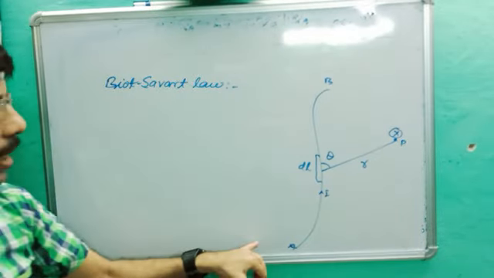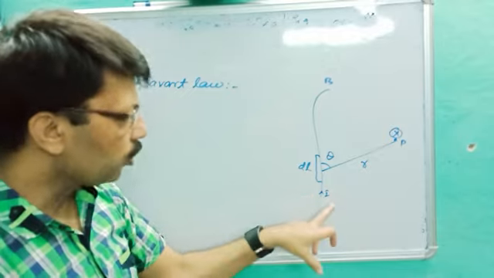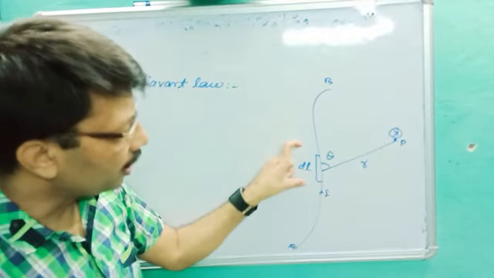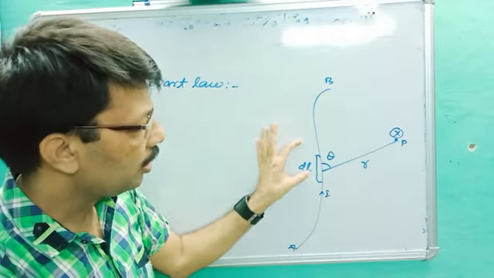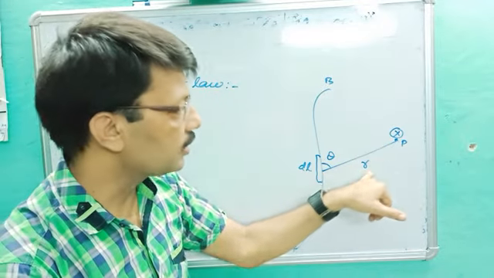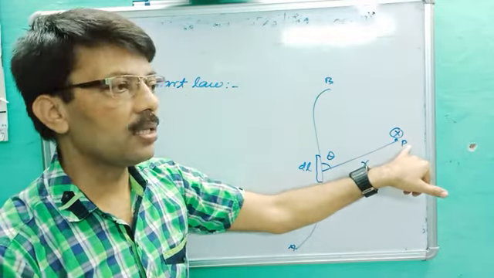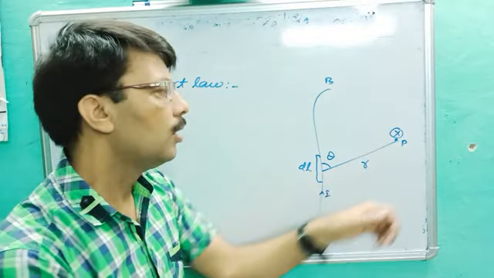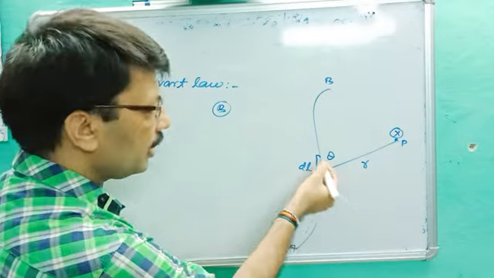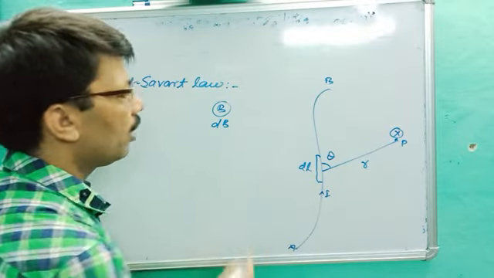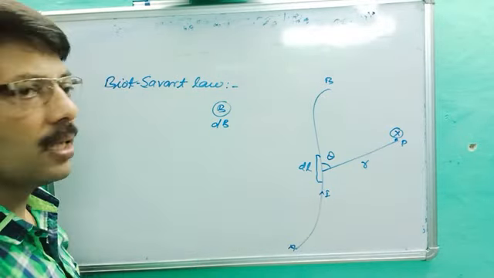Are you getting it? AB is the irregular wire through which current I is drawn. If the wire is irregular, you have to cut a current element, that is DL. From DL at R distance, a point is P, at which we are trying to find the magnetic field. No doubt the magnetic field is represented by B. Since here we have element DL, the magnetic field will be dB. When you integrate dB, you will get B.